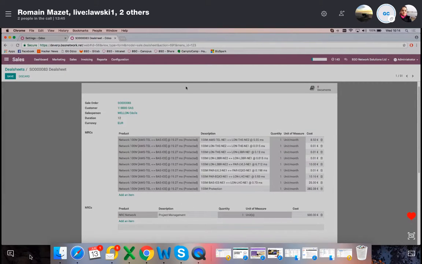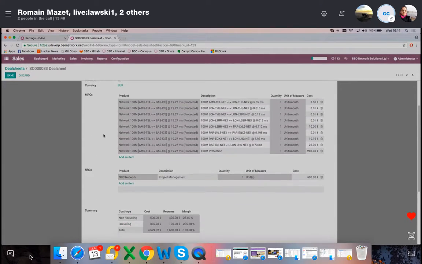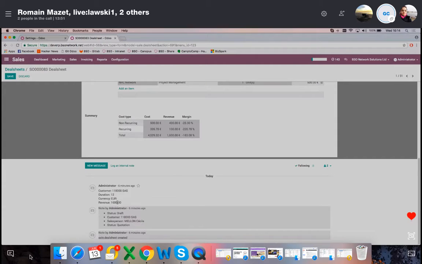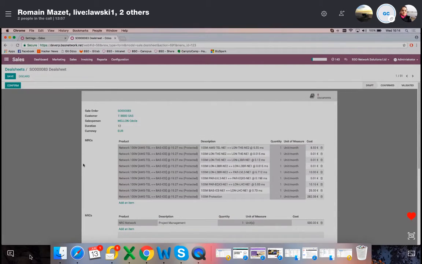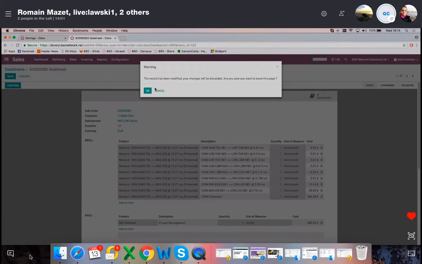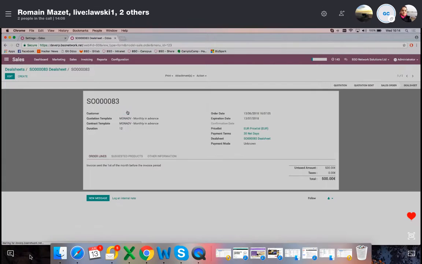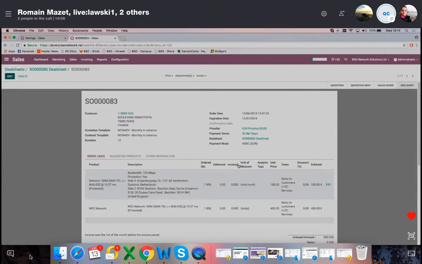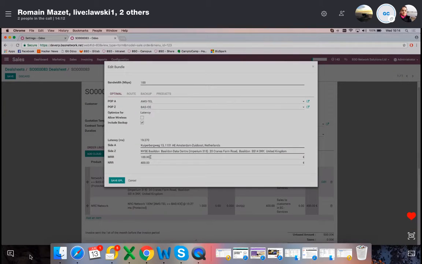So usually, if you confirm, business is just going to say that those margins are not acceptable, and you should review your selling price or retail price. That's not a problem. What you have to do is get back to your sale order, and then say, okay, probably I would want to sell this one for 1,000 euros monthly